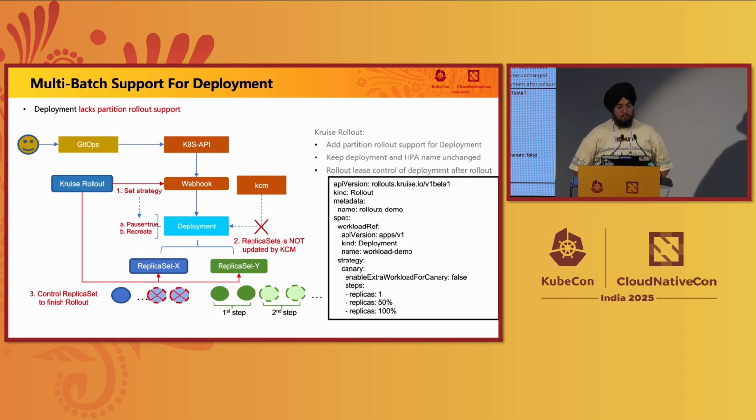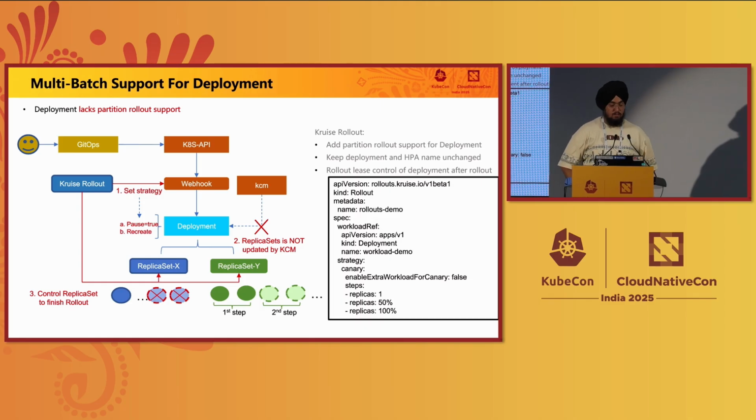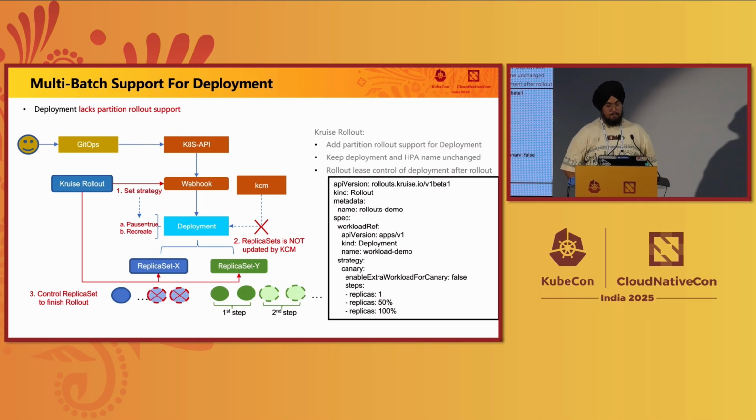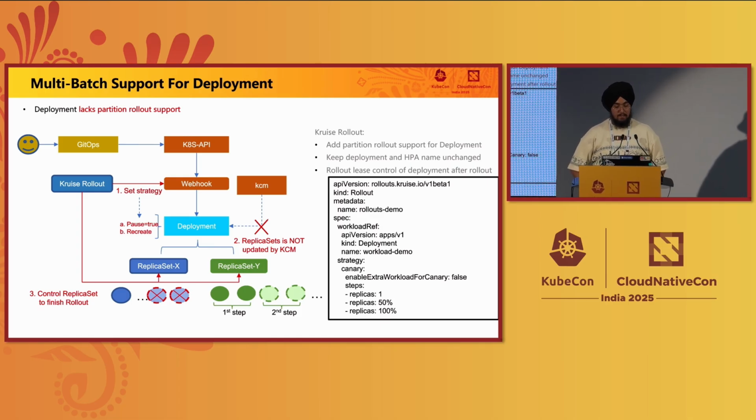So we have the API version for which we have the deployment, and the name would be workload demo, right? The strategy is canary. So we have step 1 with replica 1, step 2 with replica 50%, and then replica 100%. What would happen here is one pod will be updated, and the replica 1 pod is still at the stable revision in the first batch and needs a manual confirmation from your side to move to the next batch,